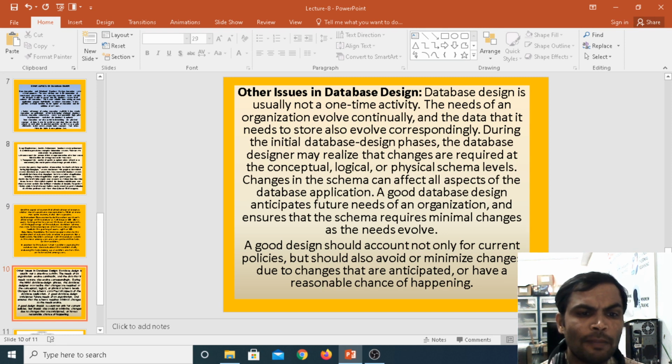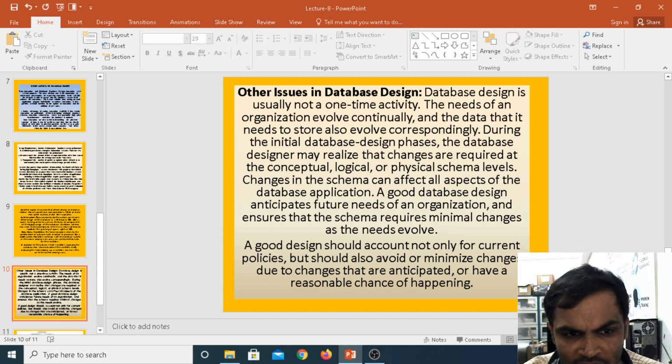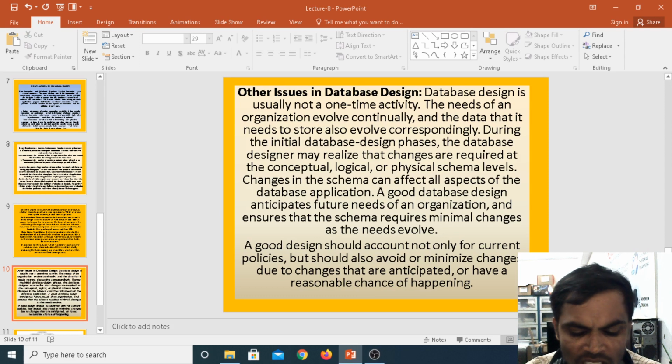If you want to design the banking enterprise application, first we should collect the information from the user. At the time of collecting the information from the user, then with the help of the database analyst, we should go for designing the database. At the time of designing the database, we should identify whether it is a good design or a bad design. If you have not used constraints and normalization, it is a bad design. If redundant data is eliminated, then we should consider it a good database design.